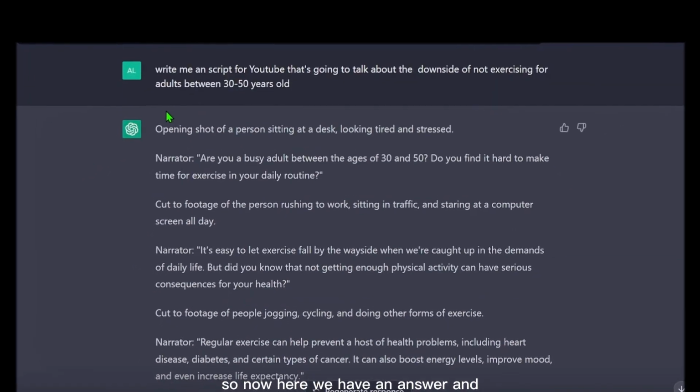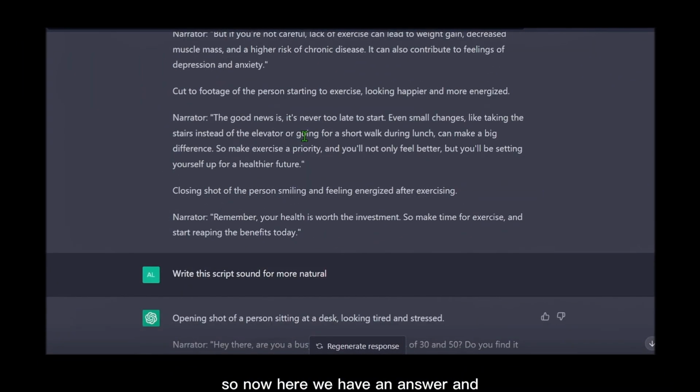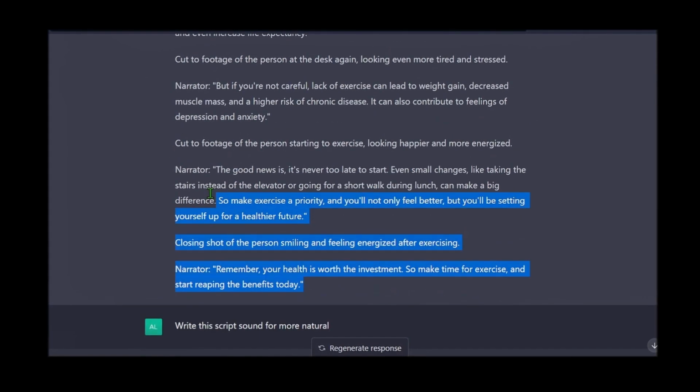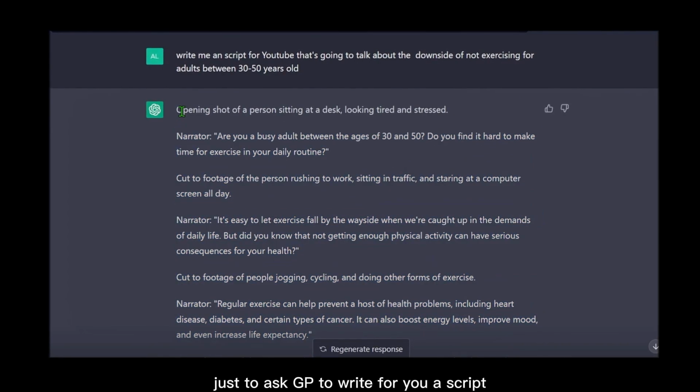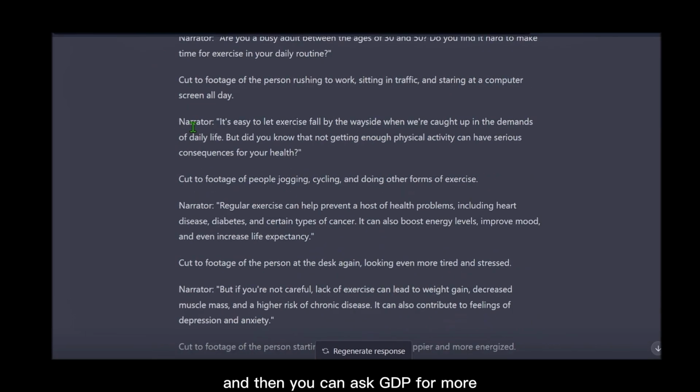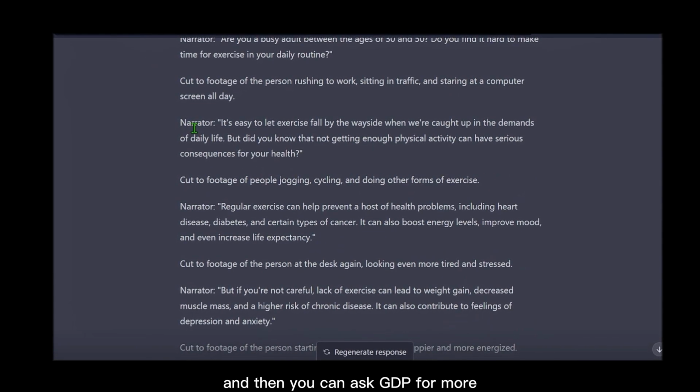So now here we have an answer, and that's the first step, just to ask ChatGPT to write for you a script, and then you can ask ChatGPT